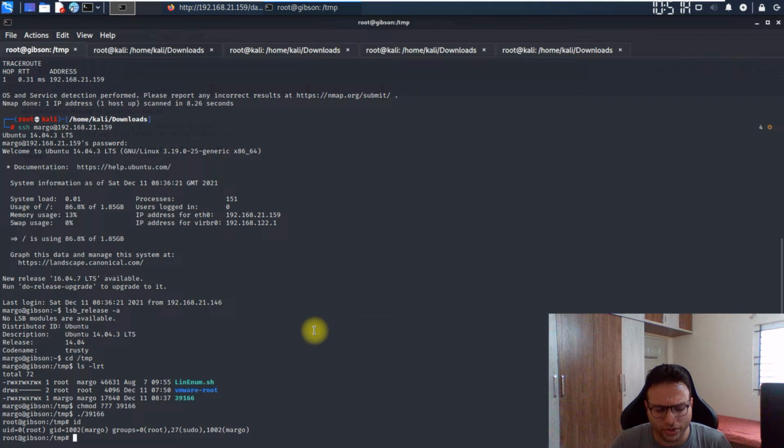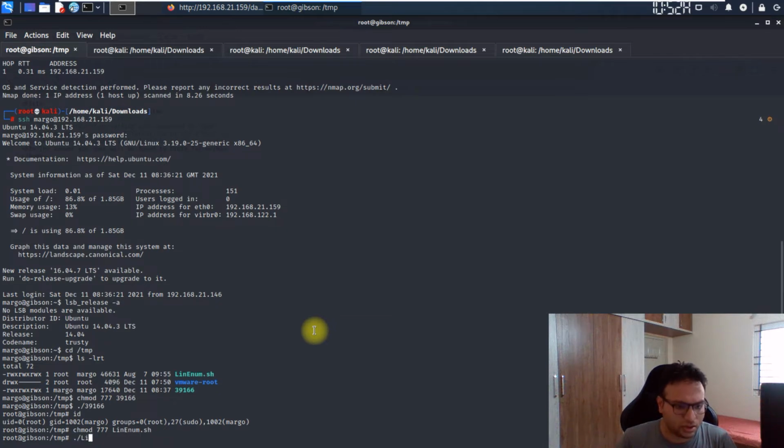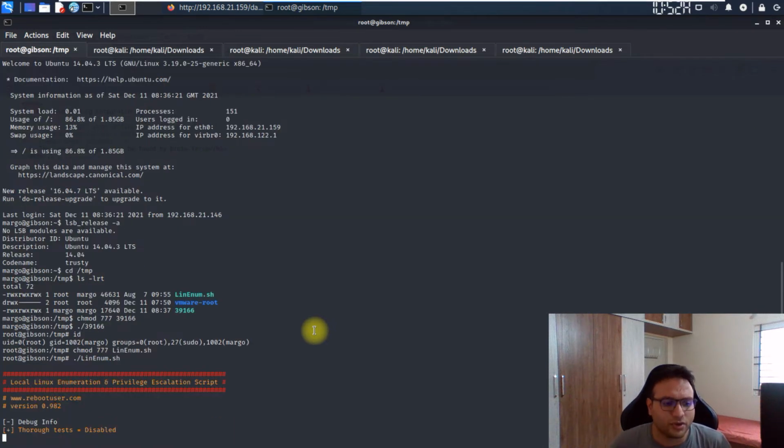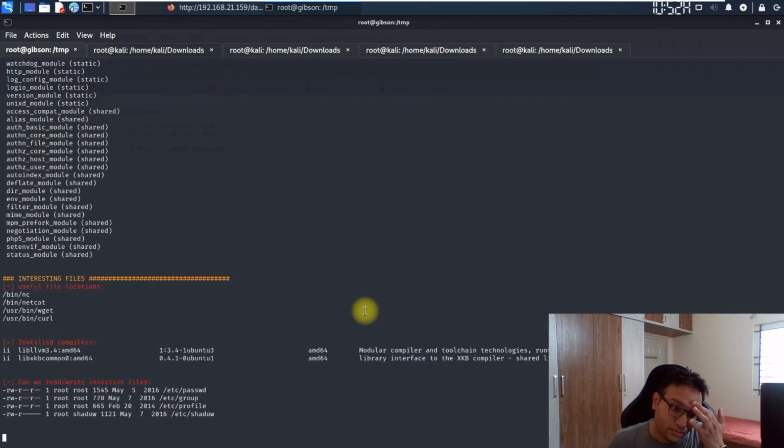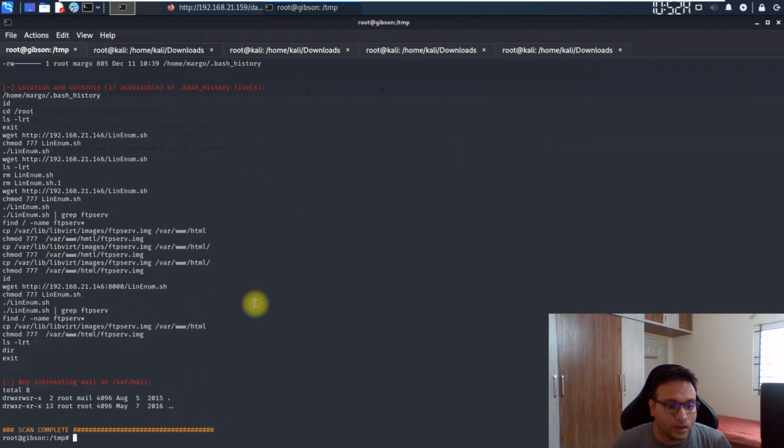You have to do it with this script itself. I have already copied it on my system. I'll simply change the permission of this file, and now I'm running it. Let's wait for the result. Now the scan is completed, and we'll figure out a couple of things here.